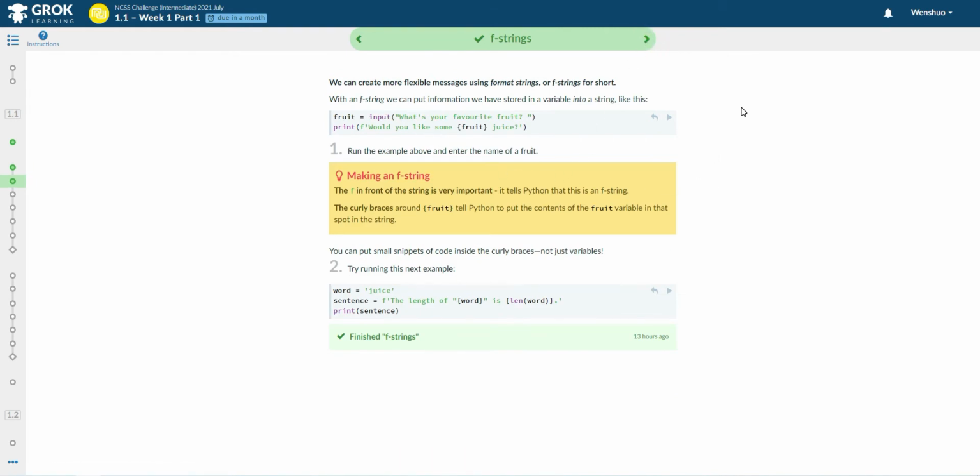F strings. Now this is something interesting. We can create a more flexible message using format strings, or f-strings for short. With an f-string, we can put information we stored in a variable into a string like this. So fruit is equal to input, whatever that is, and then print f. The f in front of the string is very important. It tells Python that it is an f-string. The curly brackets around it tell Python to put the content of the fruit variable in that spot. Whatever the value of that fruit variable is will replace